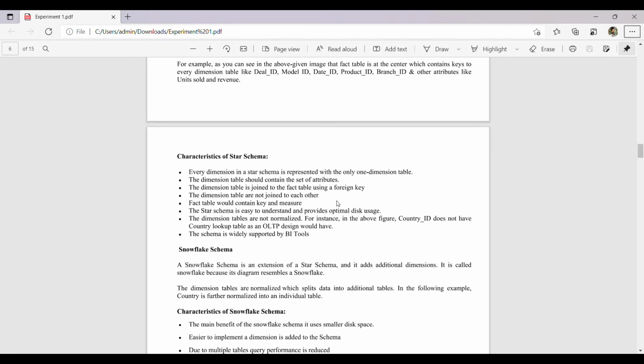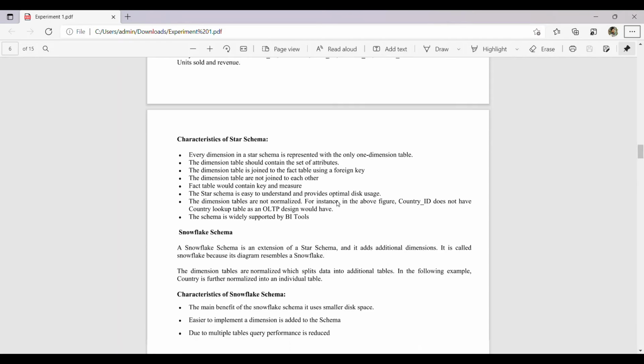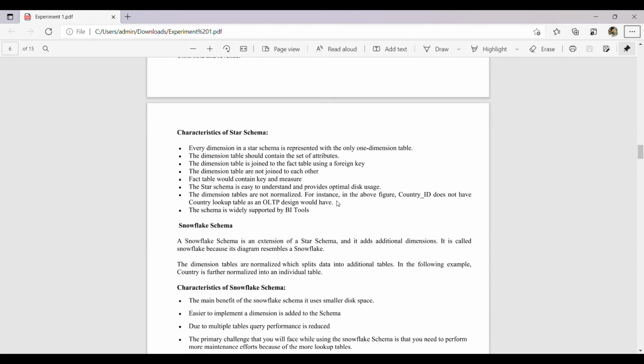Second, the dimension table should not contain a set of attributes. Third, the dimension table is joined to the fact table using a foreign key. Fourth, the dimension tables are not joined to each other. Fifth, the fact table would contain keys and measures.